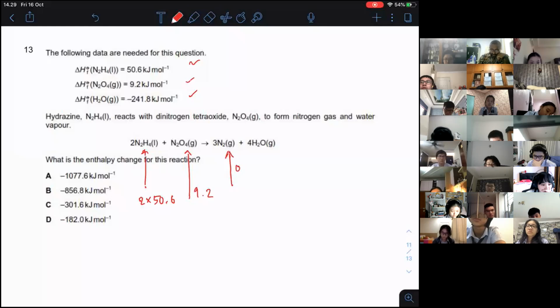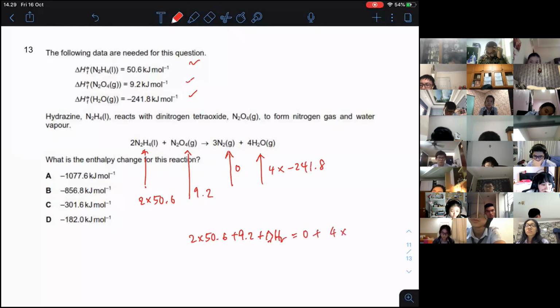This is going to be 0. Element, this is going to be 4 times negative 241.8. So 2 times 50.6 plus 9.2 plus enthalpy change of reaction equals to 0 plus 4 times negative 241.8. Enthalpy change of reaction equals to,